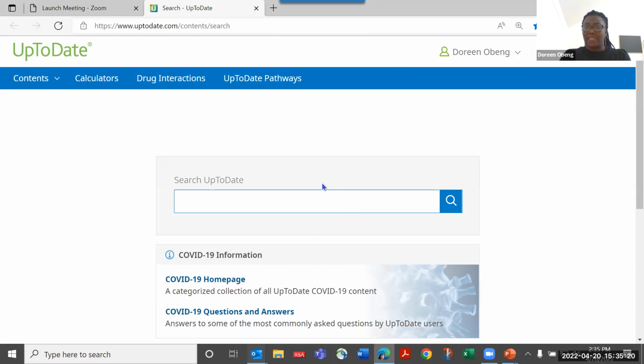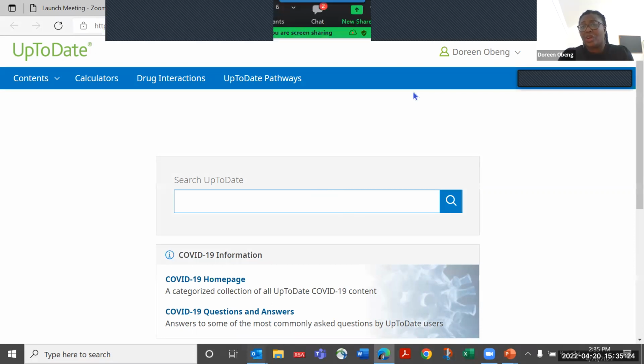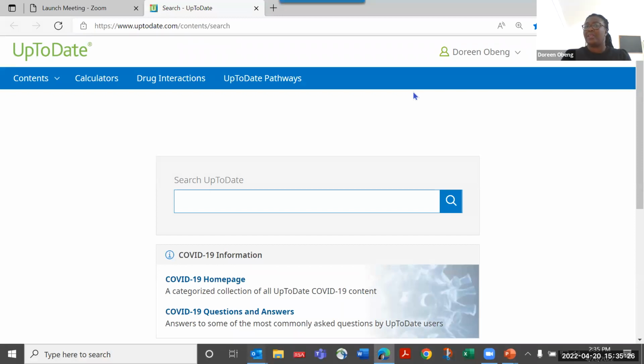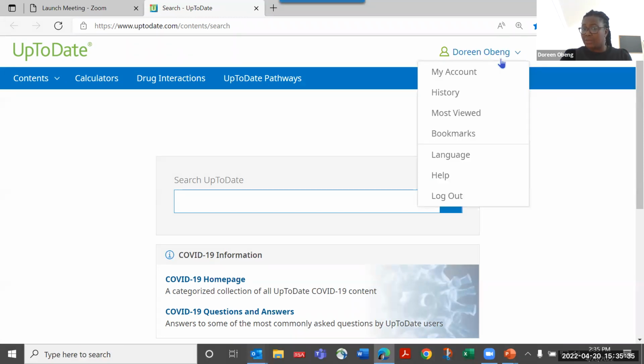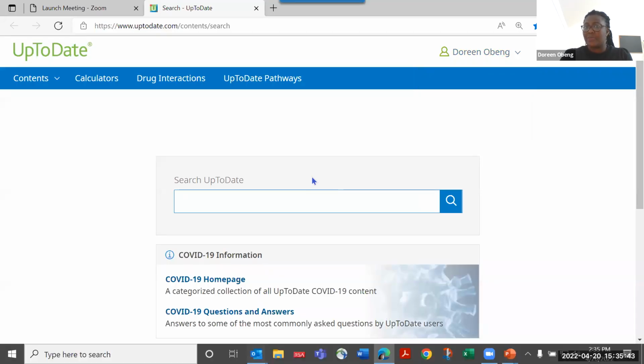Okay, so this is the main screen that you see when you are logged on as a registered user in UpToDate, whereby on the top you see your continuing medical education credits. Next to it, you see your name with your account details under it. The first thing you do when you come to this screen is to change the language interface, and you can